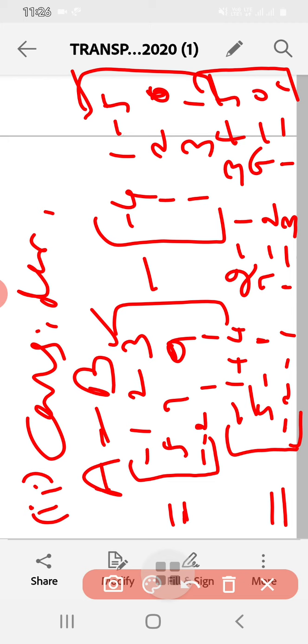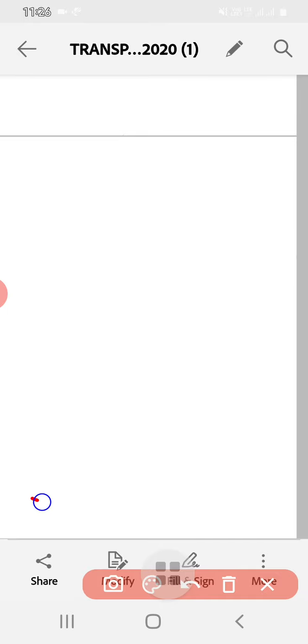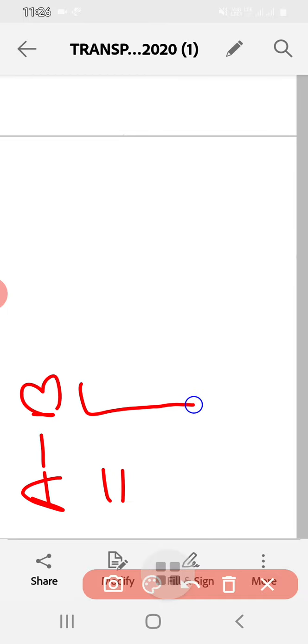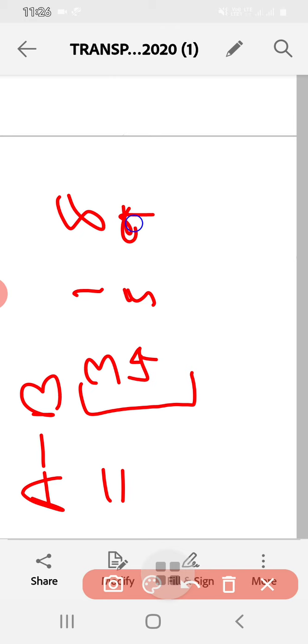Minus 1 plus 4, 2 minus 1, 3 plus 5 is the first row. Second row is 5 minus 1, 7 minus 2, 9 minus 0. Minus 2 minus 1, 1 minus 3 and 1 minus 1. So let us make the simplification in the next step. So that becomes a minus b is equal to, what was the first element here? Minus 1 plus 4, that means 3. Then 2 minus 1 is 1. 3 plus 5 is 8. 5 minus 1 is 4. 7 minus 2 is 5. 9 minus 0 is 9 only.